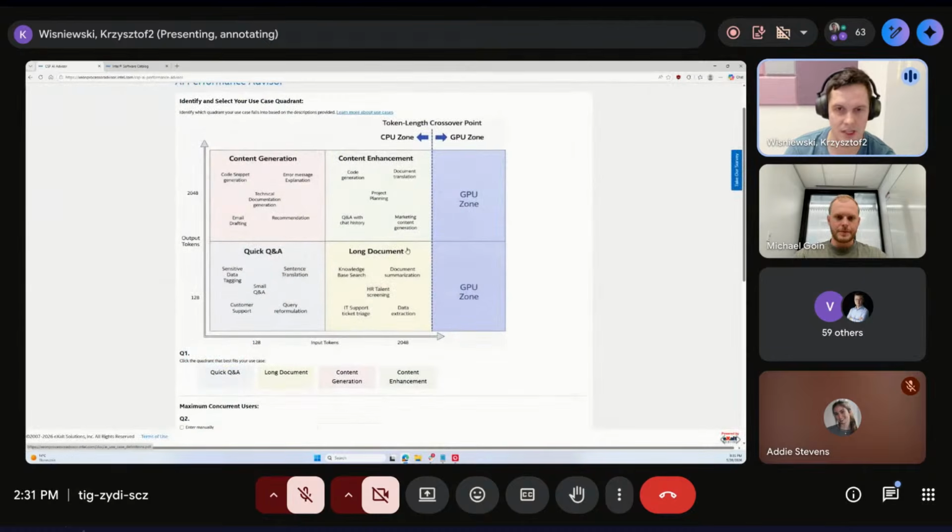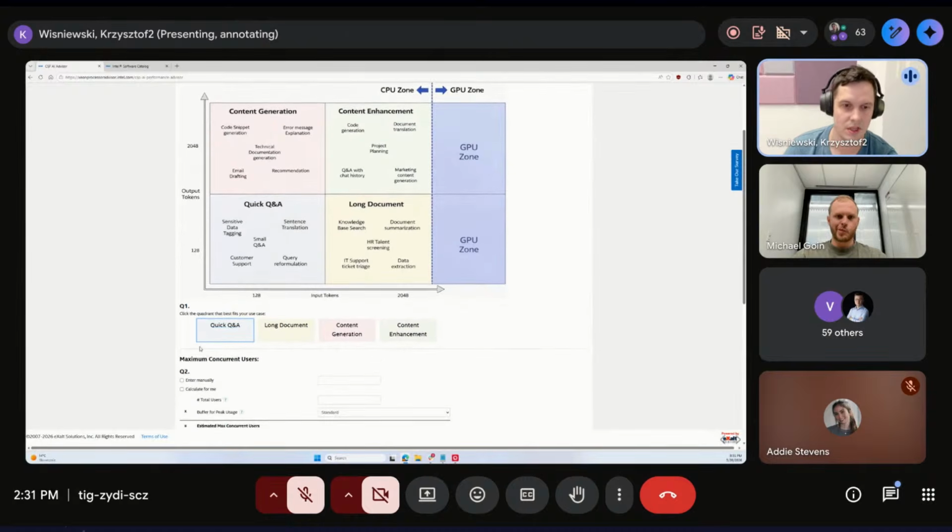You see the same screen as previously with the recommendation. So let's start with the case that maybe you need some chatbot for your page that will have very easy questions. So for example, you will want to just get the information of the order on your shop. So let's assume that you need quick QA.